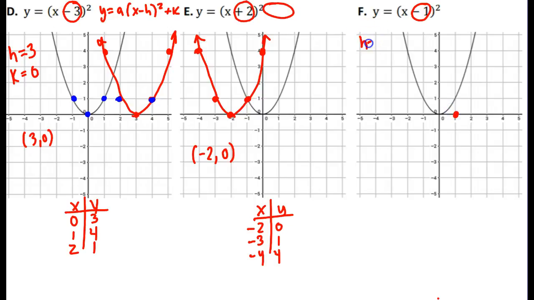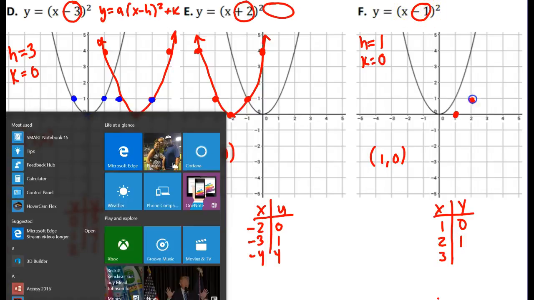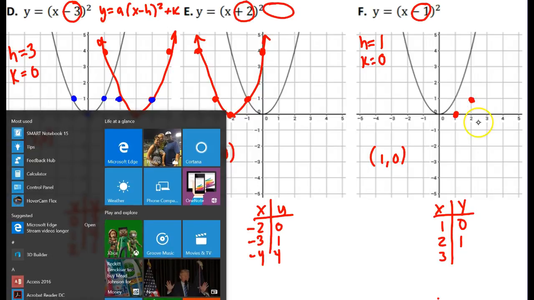So my h value is +1. My k value is 0. So that means my vertex is at 1, 0. If I choose values for x, we know that 1, 0 is already one of our points. So I'm going to pick 2 and 3. When I put in 2, 2 minus 1 is 1. 1 times 1 is 1. So 2, 1, which then means that